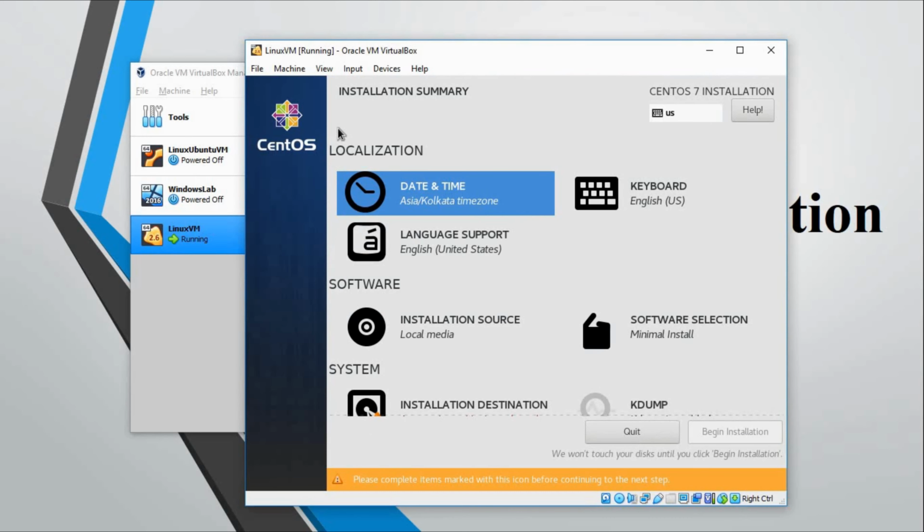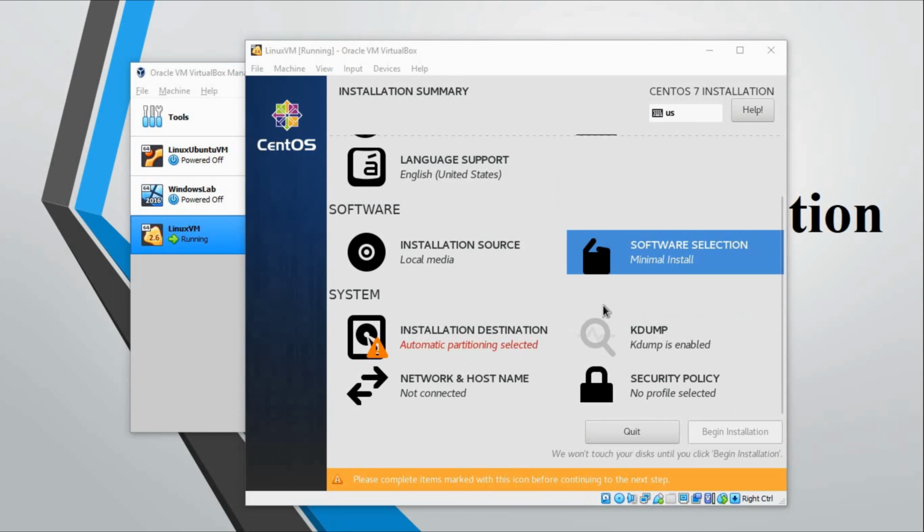Next one is keyboard. By default it is picking up English US, so leave it as default. Next one is language support. By default it is English, I will leave it as default. Next one is installation source, which is local media, so we can leave it as it is.